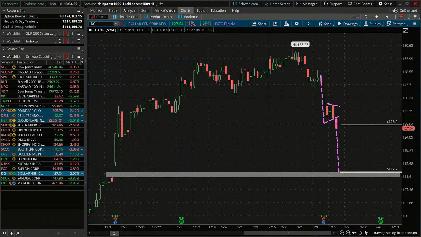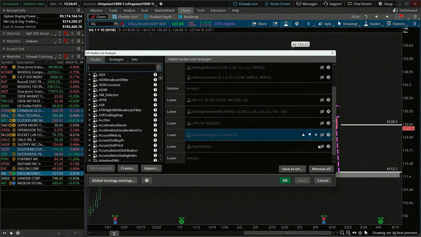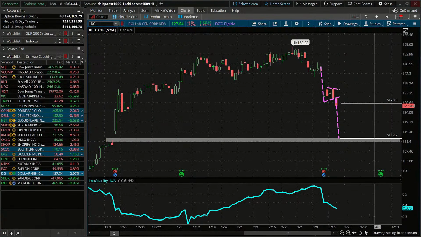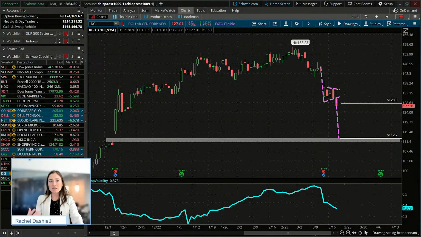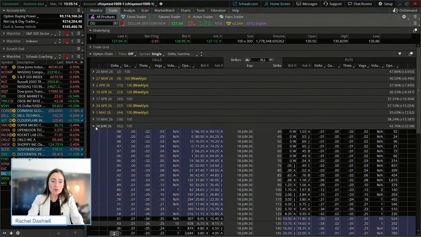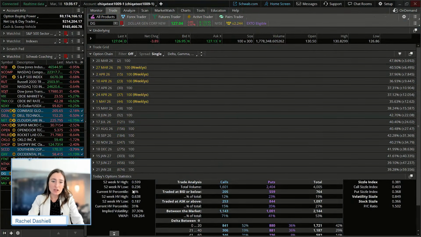So if we're kind of looking at Dollar General, another thing I may want to keep in mind is what the implied volatility is looking like for me to see what type of options trade I would really want to take in this case with Dollar General. Because again, if volatility is relatively low, I maybe look to be a buyer of options, a specific put in this case, and maybe be a seller of an option, maybe selling a spread if volatility is relatively high. So in this case, it's looking relatively low and still in the 38th percentile.